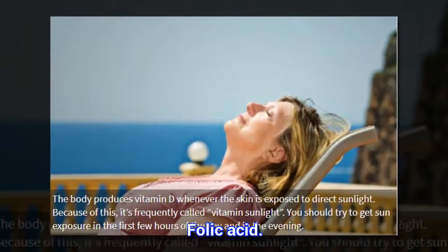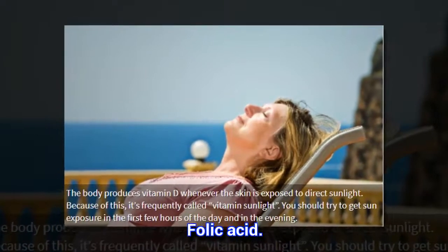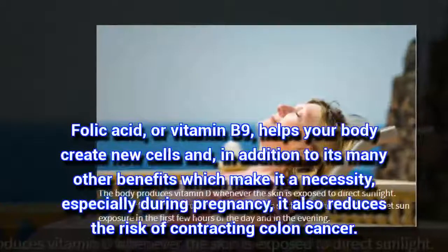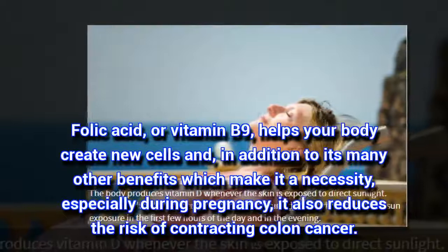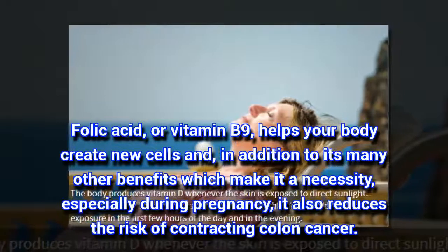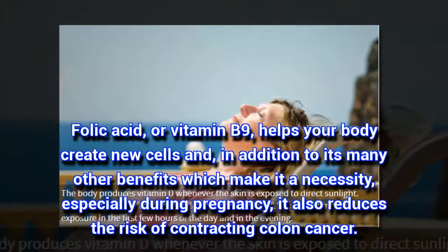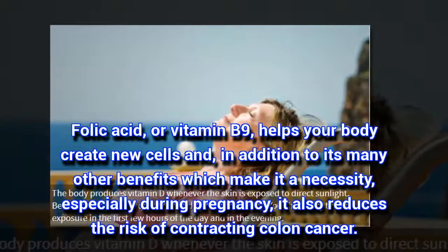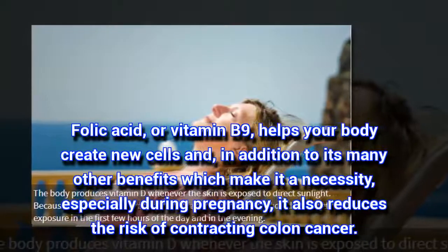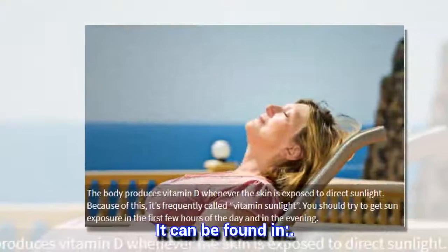Folic acid. Folic acid, or vitamin B9, helps your body create new cells and, in addition to its many other benefits which make it a necessity, especially during pregnancy, it also reduces the risk of contracting colon cancer. It can be found in